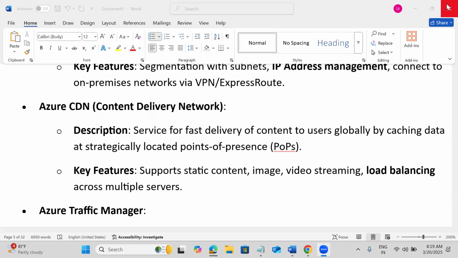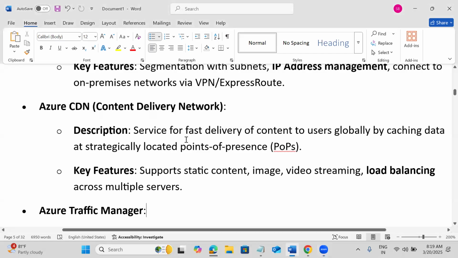That's not a huge kind of setup. For Azure data centers, they're investing some thousands of crores. So these edge locations are small data centers.